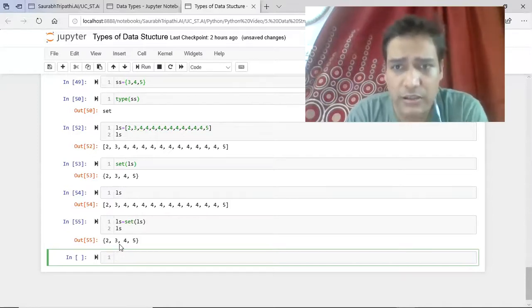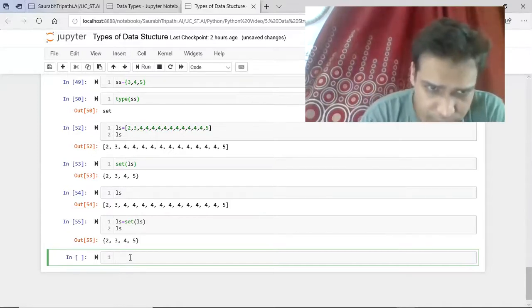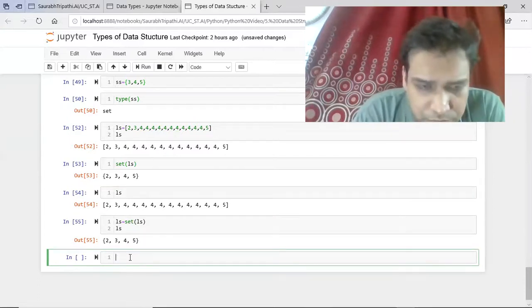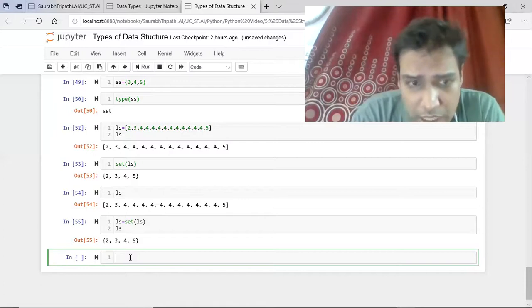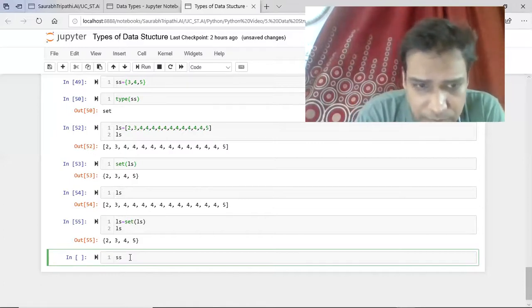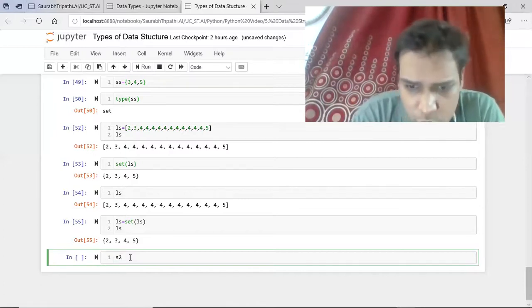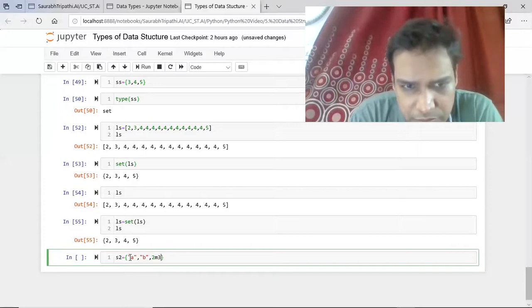Now, the second thing to keep in mind. Suppose we want to create a set of characters. I'm saying s2 equals, and say a, b, and we are also adding some numbers to it.